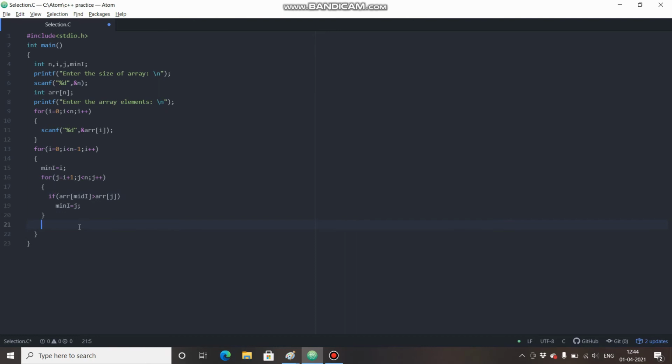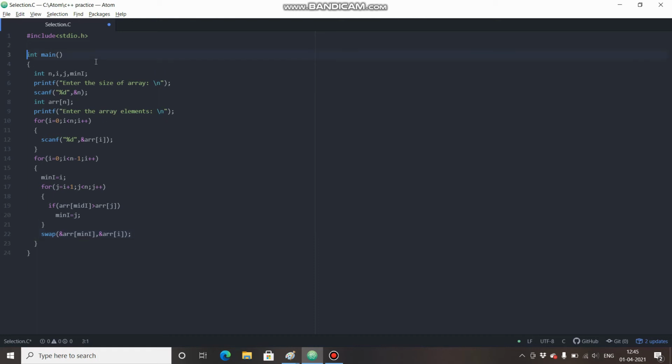Here I am separately calling a function swap, and I am passing the parameters as min I and i. So here I am not passing the value, I am actually passing the address of that value. So basically what I need is these two elements should be swapped, and for that I have to write the function